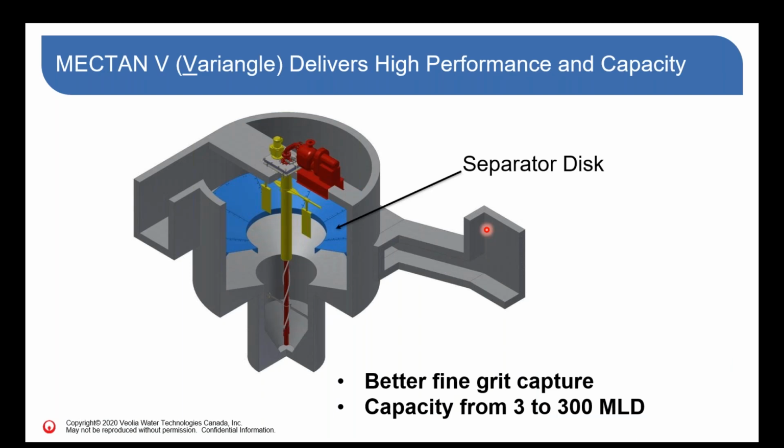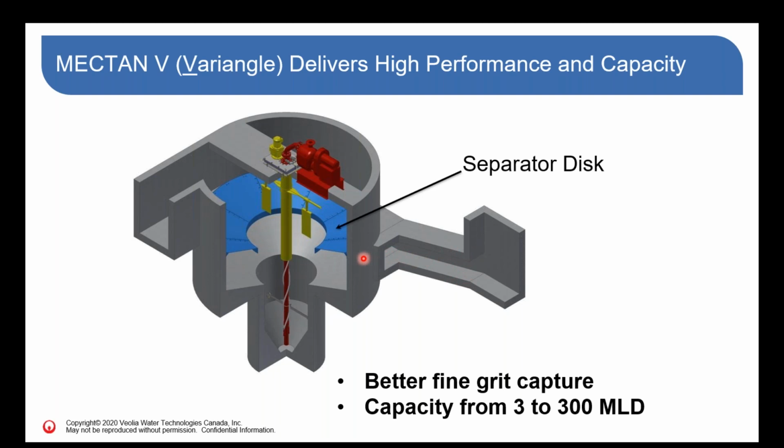So the Mectan V, how does this work? Really, it's like a classic design, only we've introduced the separator disc. This product was launched over 10 years ago, has proven very popular. The reason for the separator disc is to improve grit removal performance. That's the primary reason. How it works is the influent comes in underneath that disc, so your influent channel becomes